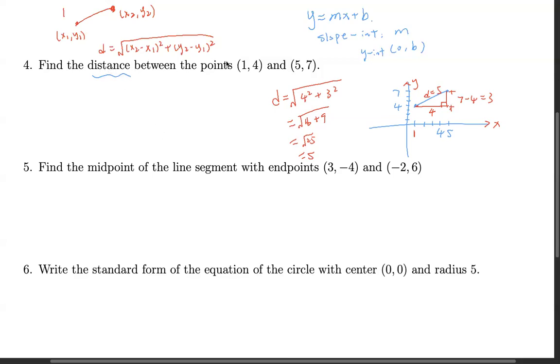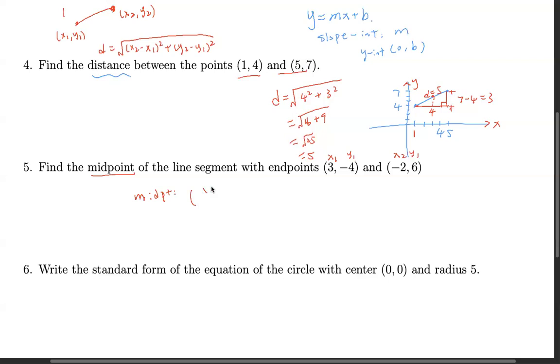So the distance between those 2 points is 5. Let's see this one. We want to find the middle point of those 2. So the middle point, let's see, if we want to find the middle point of this one, right? That will be here. So actually, the middle point formula is, let's call this x1, y1, this x2, y2. So the middle point of those 2 points